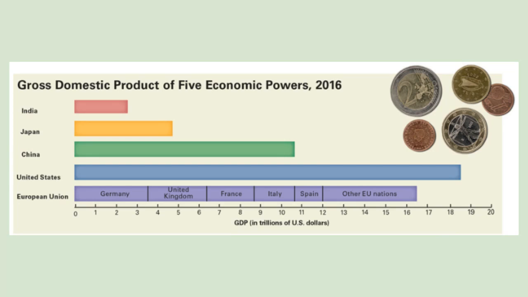If you look at the European Union bar there, you can see it segmented. Independently on their own, Germany would have just over maybe 3.5 trillion in GDP dollars of power. The United Kingdom only has maybe 2.5 trillion. Germany definitely has the biggest GDP in all of the EU. But once they unite their powers together, they have more influence and more power globally.